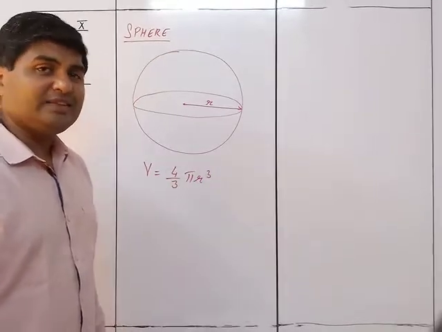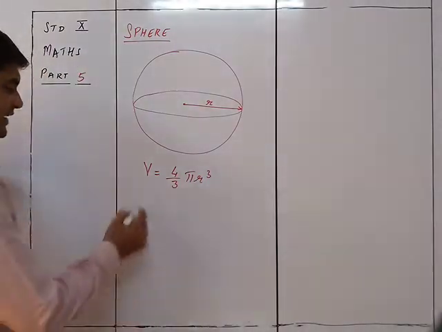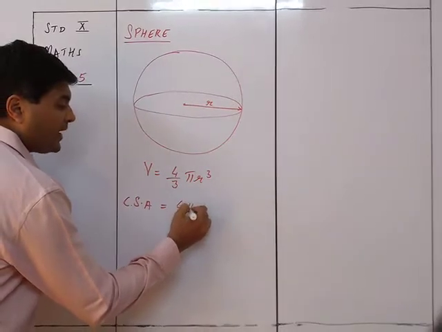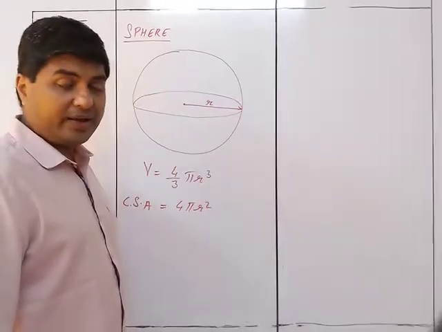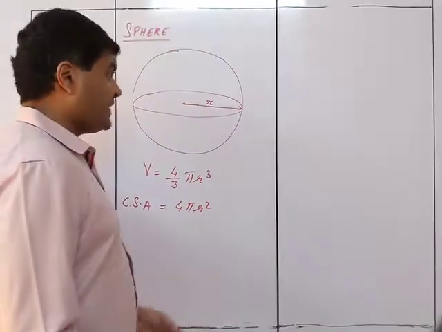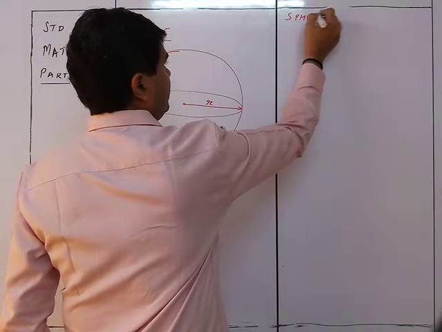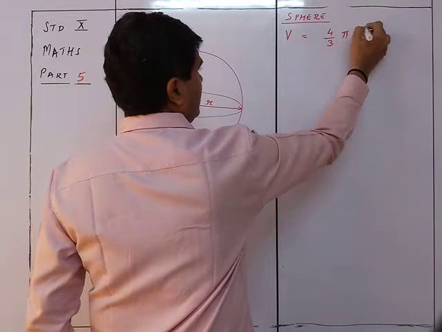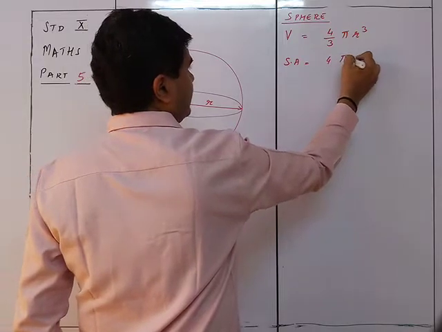Here there is only one surface area, and that is the curved surface area. There is nothing like a total surface area. So the only surface area over here, or you can say the curved surface area, is 4 pi r square. Okay, that is 4 pi r square is the surface area. Ball का जो पूरा outer surface है, उसका surface area will be 4 pi r square. So we list down the sphere over here. The formula of sphere में सबसे पहले volume is 4/3 pi r cube and surface area is equal to 4 pi r square.